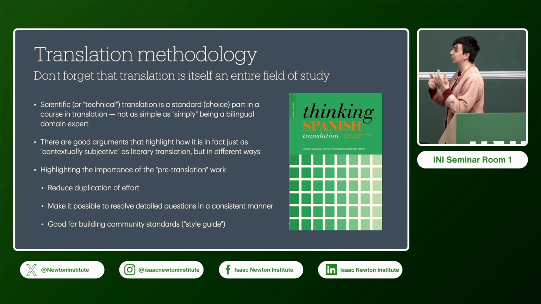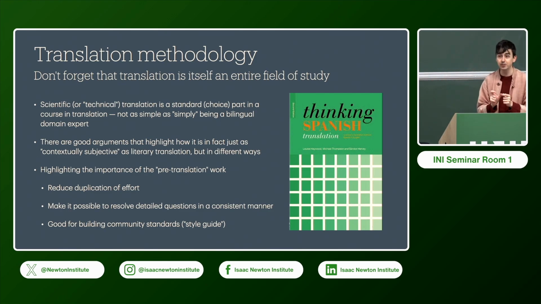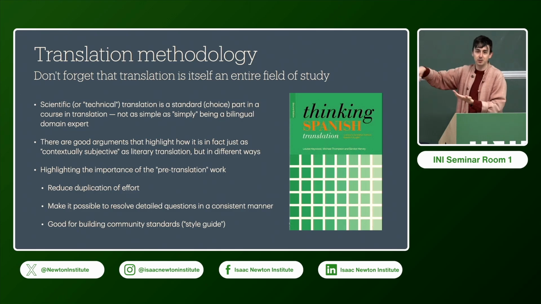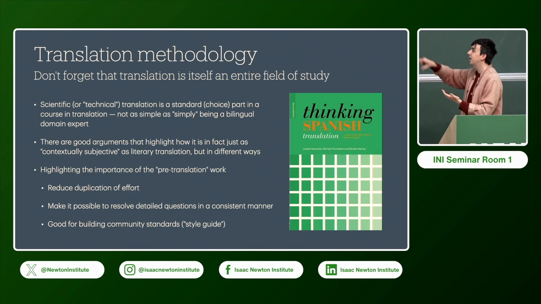Sitting down and agreeing upon all of these things beforehand, for me at least, for the last translation I've done like this, does mean that a lot of the time there's still work to be done in answering those detailed questions, but my first step now is I look back at the thing I wrote first of all and go, oh, I should make this choice, because at the beginning I said this was going to be the case. I said I was only going to footnote things if they were of a certain type, and everything else I'm going to leave to put in an addenda at the end.